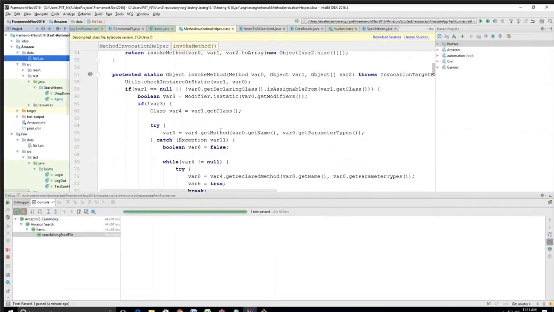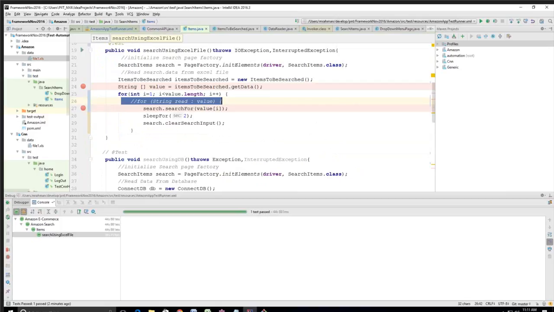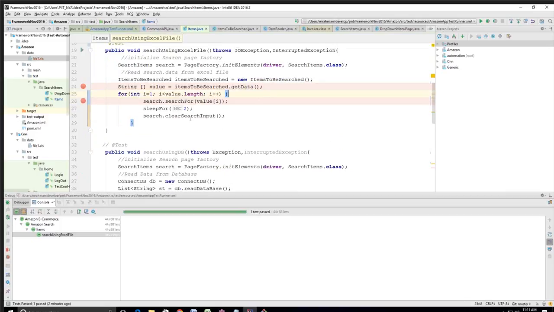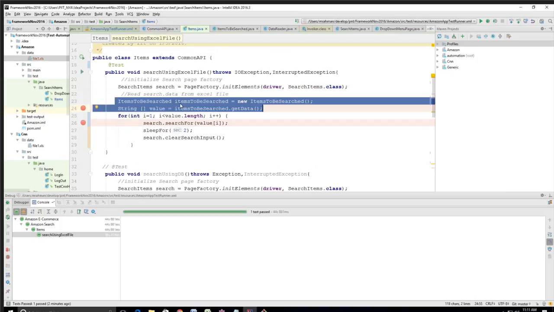Any questions on Excel Reader? So you don't need this line, and so items to be searched, and these two lines you can throw into somewhere else. So what you can do is